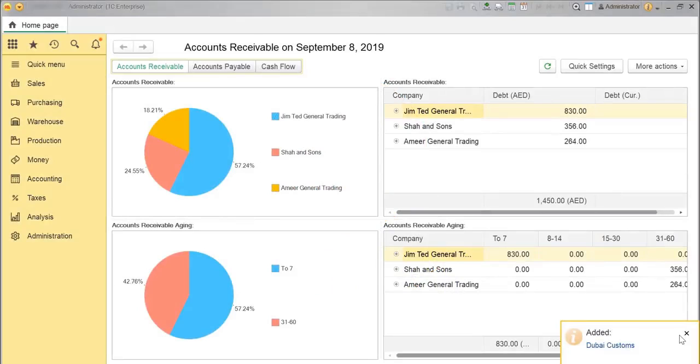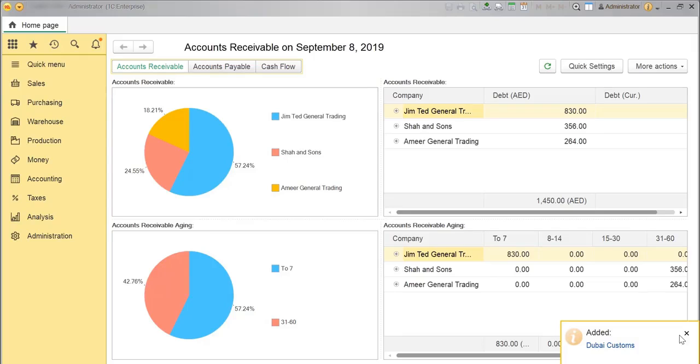In this video, I will show you how to record custom declaration document in the database. This form has to be created when goods are imported to the local market from other countries. The document will register the amount of the imported goods, the custom duty amount, service charges, any penalties, and the amount of VAT that is due under the reverse charge mechanism.